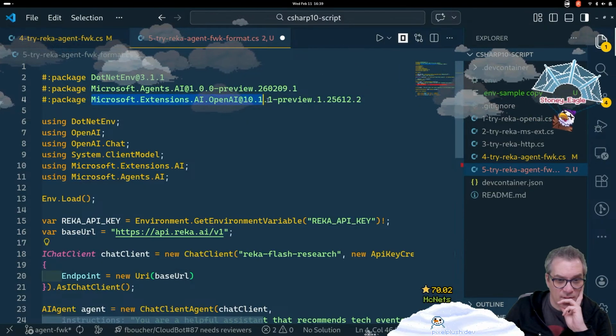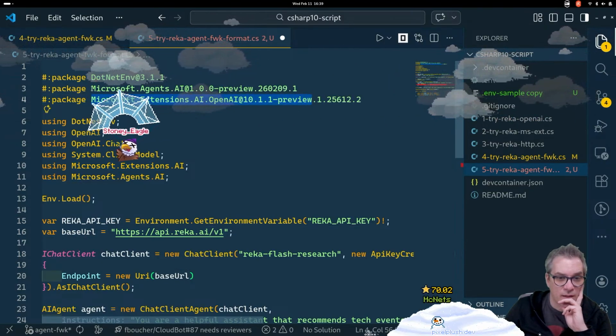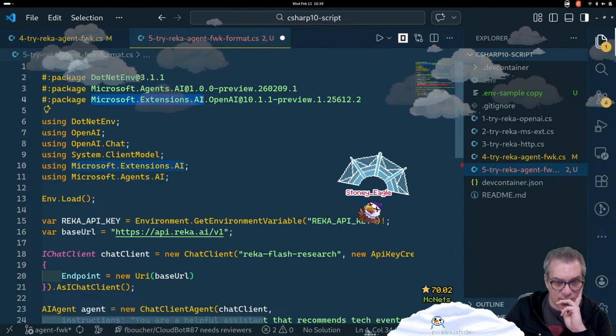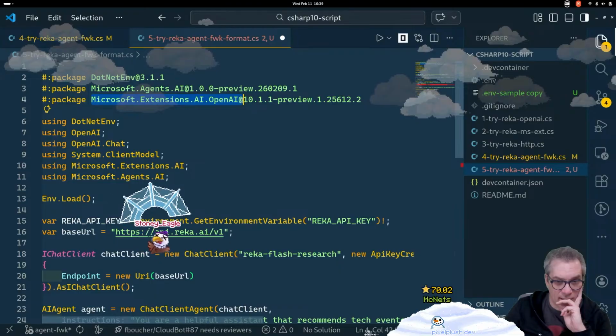So I'm still using the extension. Oh no, yeah. So it's Microsoft Agent, and then you use the extension OpenAI.